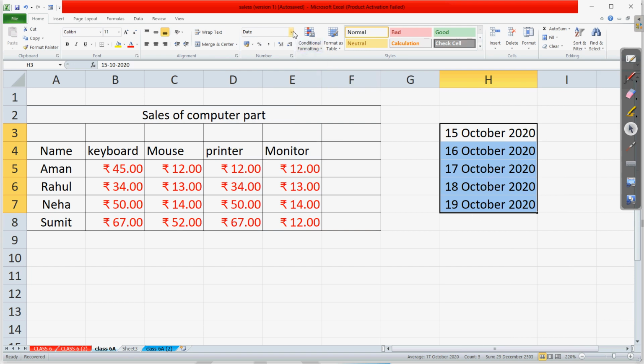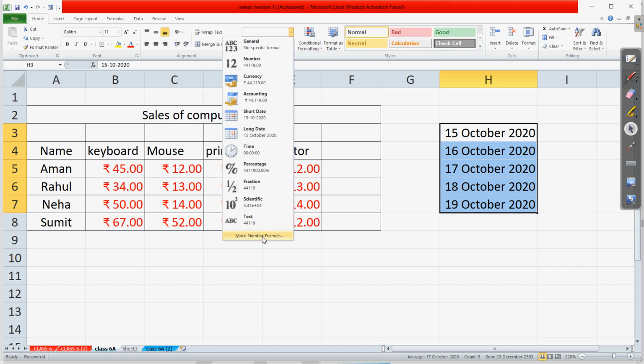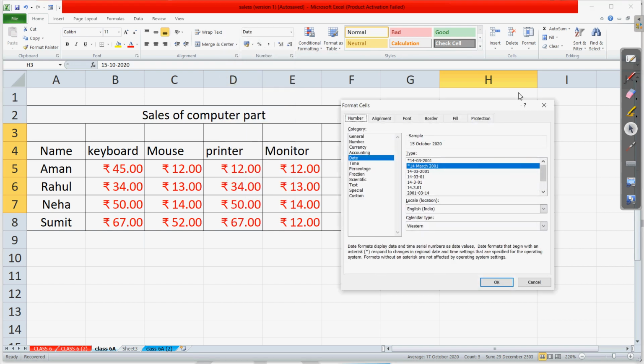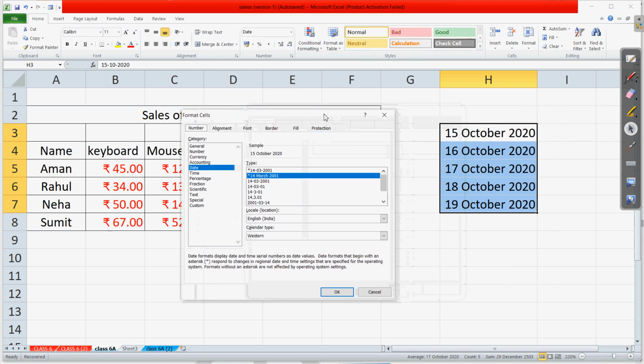Clear? In a similar way, if we come to the more number format, from this we can choose different types for these numbers. Clear? Now you can see this is 14th March, which earlier we had written with the dash symbol.